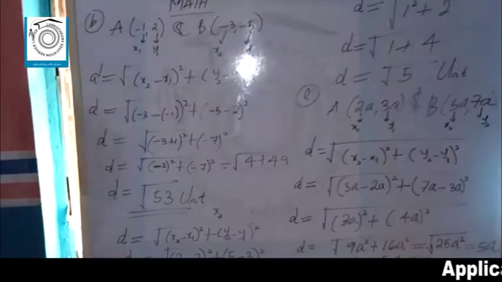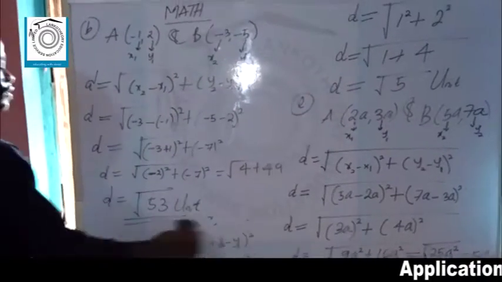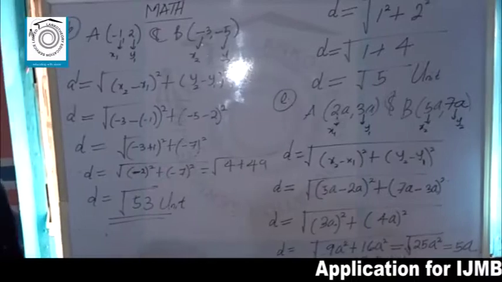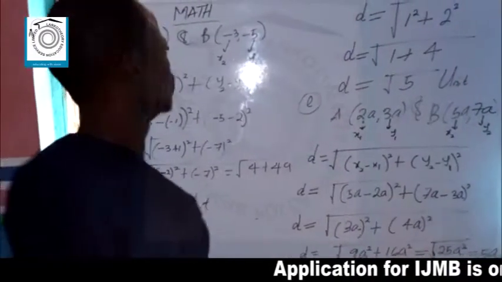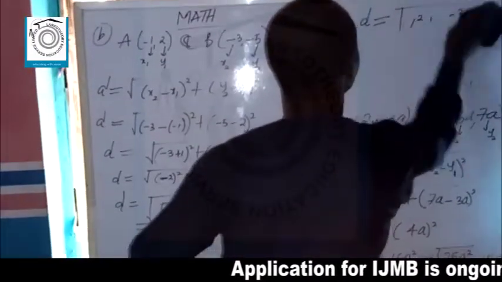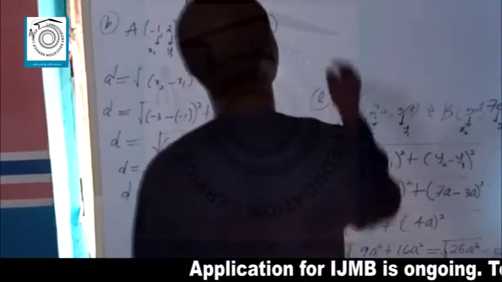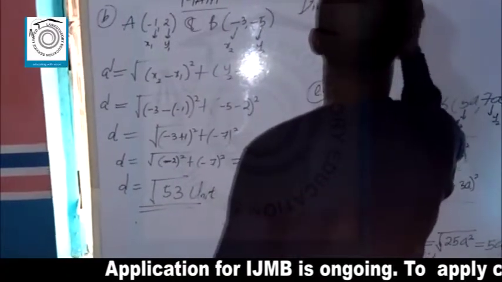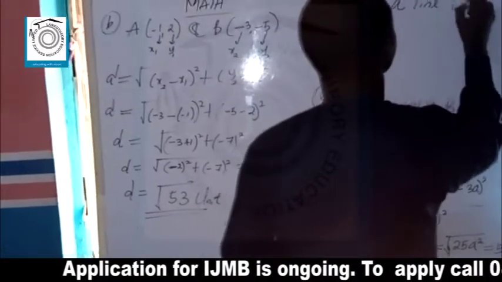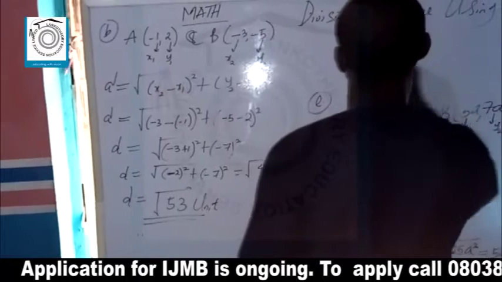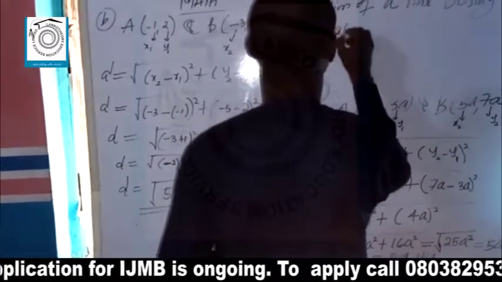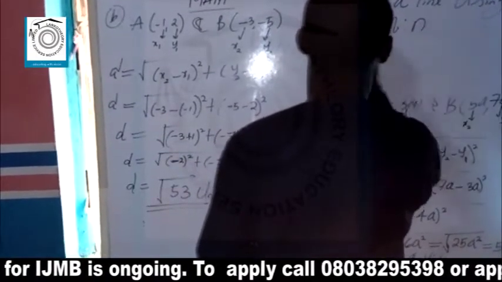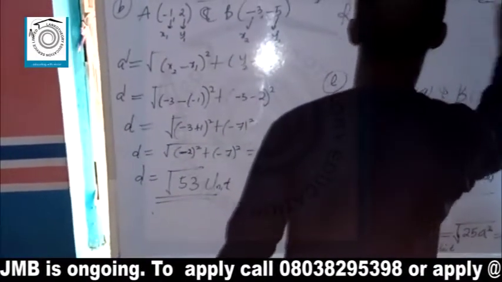So the next thing we are going to do is division of a line using ratio m to n. So how do you divide a line using ratio m to n? If I say division of a line using ratio m to n, that's another subheading. So under it, if we say division of a line using ratio m to n, and I want to find it,